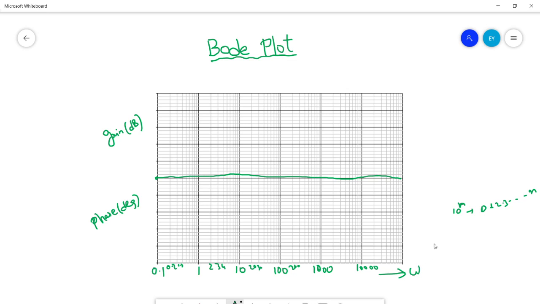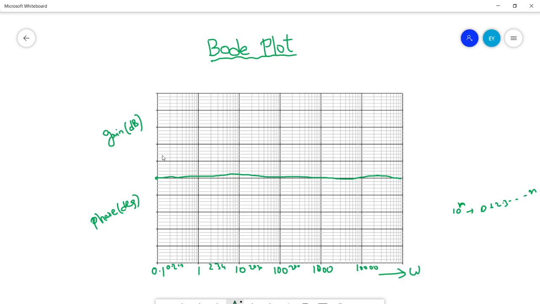The purpose of going with the semilog graph is that we can analyze the system output within a single plot despite drastic variation in the frequencies. You can check the system output in terms of gain and phase, when you have lower frequencies and when you have higher frequencies. This semilog graph helps us analyze the system output for varying frequency, either lower or higher. So that is the purpose of it.